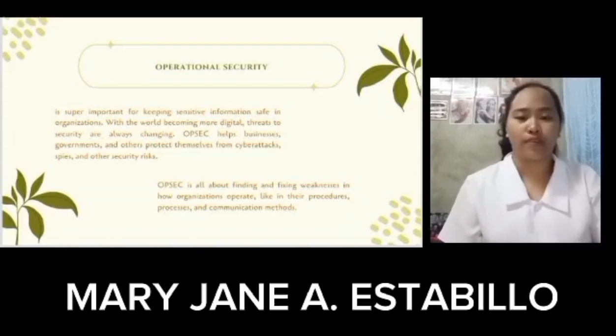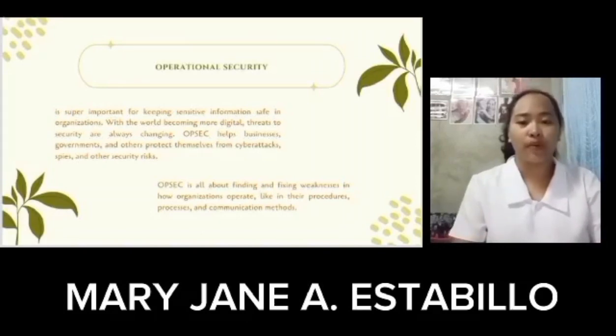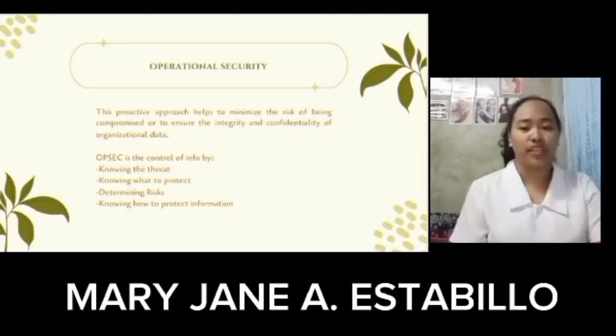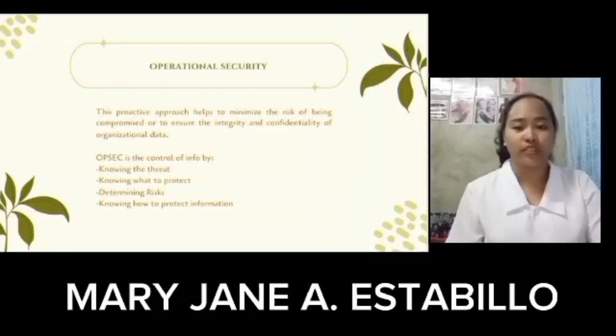Operational security, or OPSEC, also known as procedural security, is a risk management process that encourages managers to view operations from the perspective of an adversary in order to protect sensitive information from falling into the wrong hands. OPSEC involves implementing measures to detect, assess, and mitigate potential vulnerabilities, thereby enhancing the overall security posture of the organization. This proactive approach helps to minimize the risk of being compromised and to ensure the integrity and confidentiality of organizational